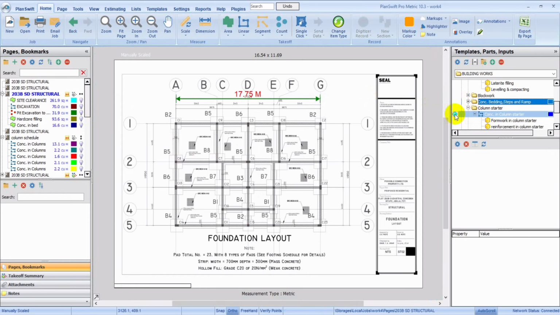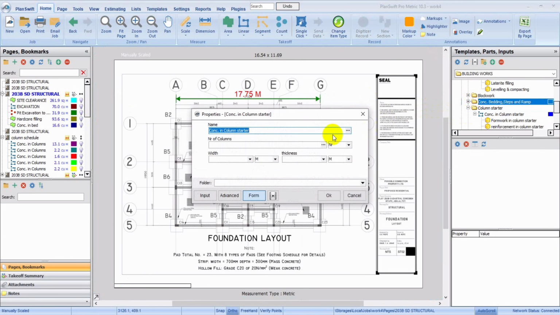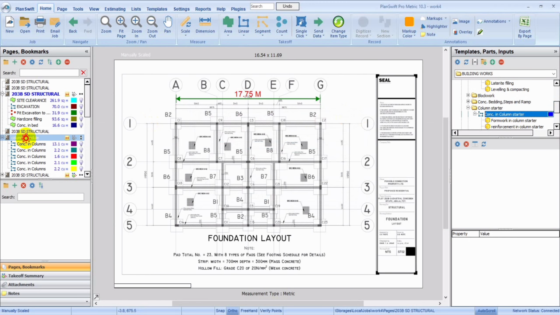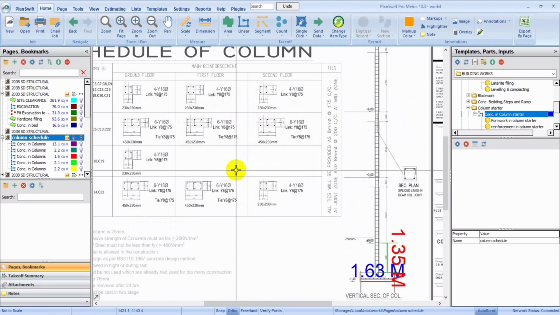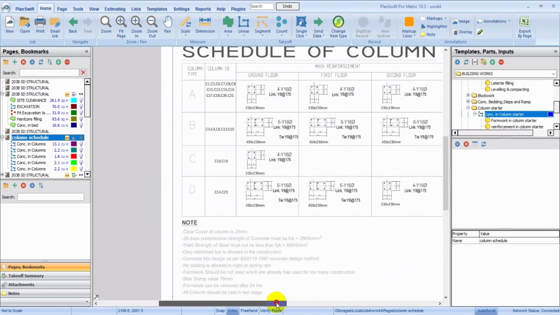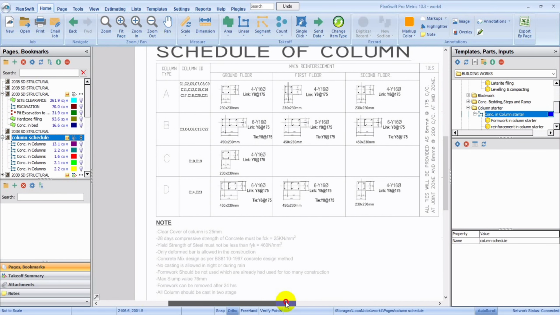So we're just going to measure the column. So number of columns, we're just going to assume that we're taking off 4. Let me just come here so that we can take off 4 columns quickly. So we're taking off for the columns. Remember, we're just taking off for just the round ones. So all together,